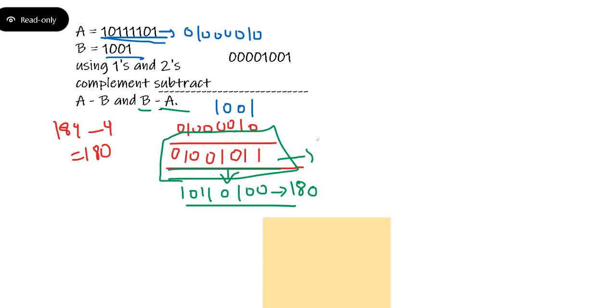Whereas when I do A minus B, B is smaller, so I add zeros to it, change it to the complement form, and then add it to the minuend. If there is a carry, I take that carry and add it at the end. Then you change that value to the 1's complement again, and you'll get 1 0 1 1 0 1 0 0.